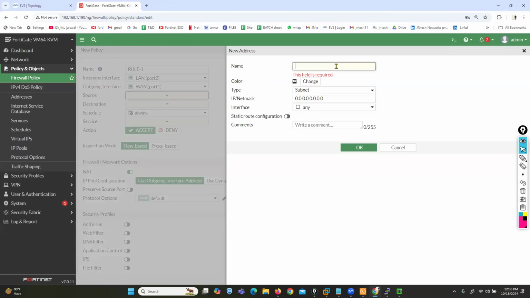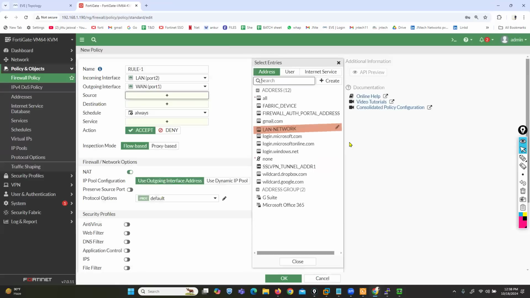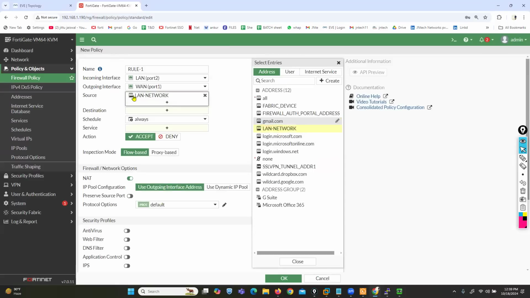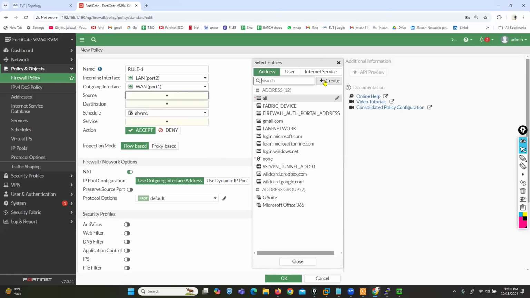You can give a name, for example, LAN-network and subnet 200.0/24. Just click on OK. And this object you can attach as a source. Source is what? LAN network. So you can add your complete subnet,